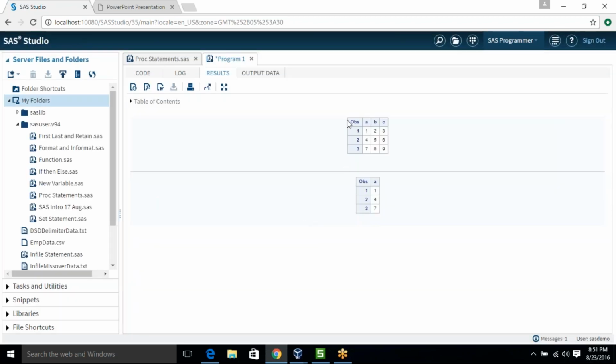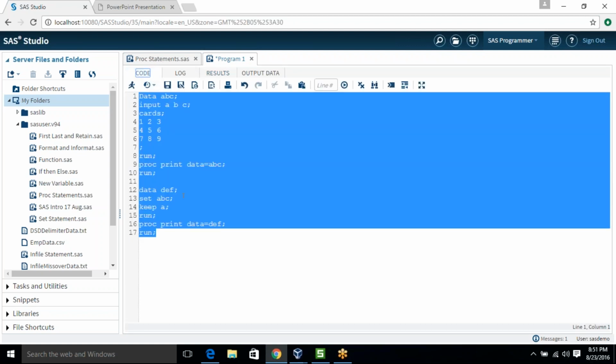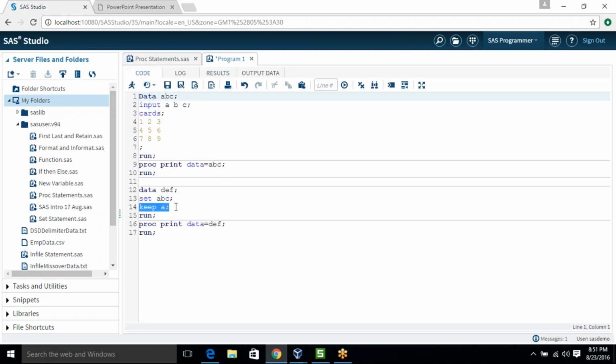So you can see ABC contains three variables, but DF contains only one because of the keep statement. If you want to keep both variables, then you can use A B.